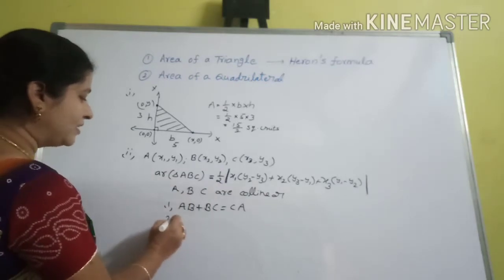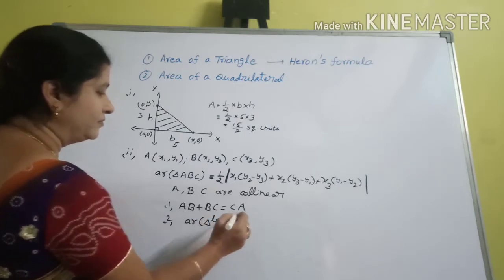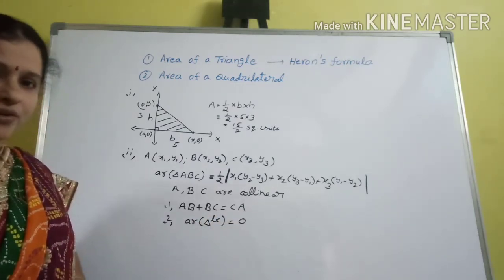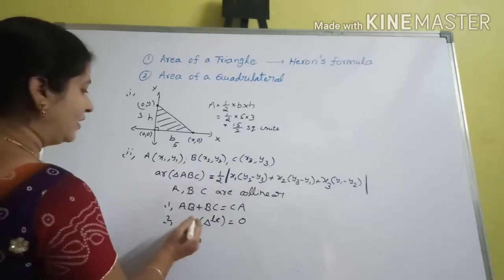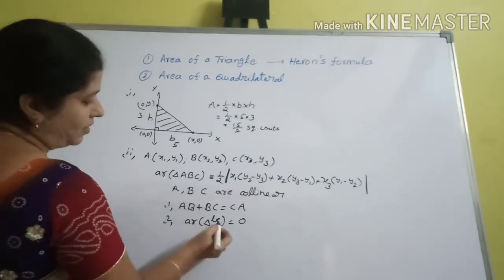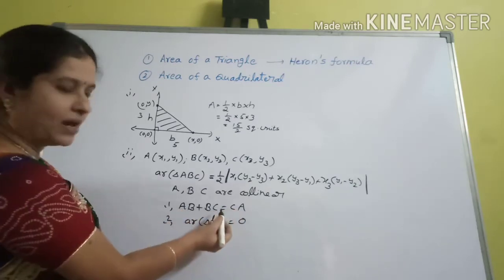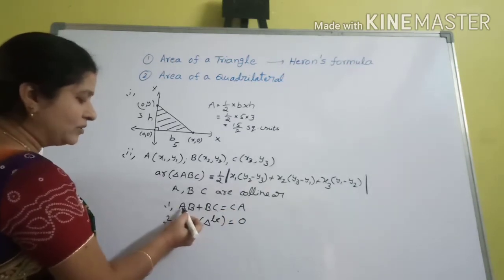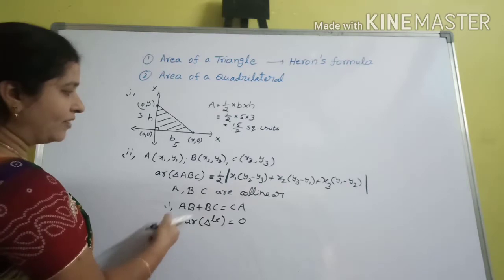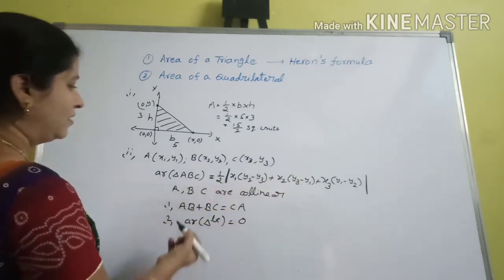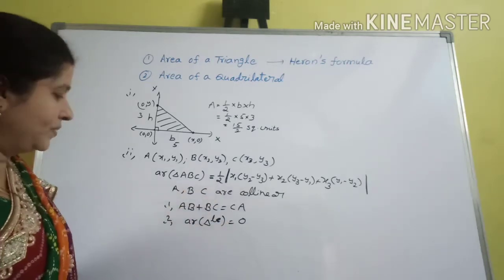So second condition is area of a triangle equal to 0. If the area of the triangle is equal to 0, then we call these 3 points collinear. So it is also very easy comparatively to the first condition. Why? Here we are taking the 3 distance formulas and find the 3 values by using the distance formula. So here we apply only one formula, that is area of the triangle. So these 2 are very easy to prove the collinearity.